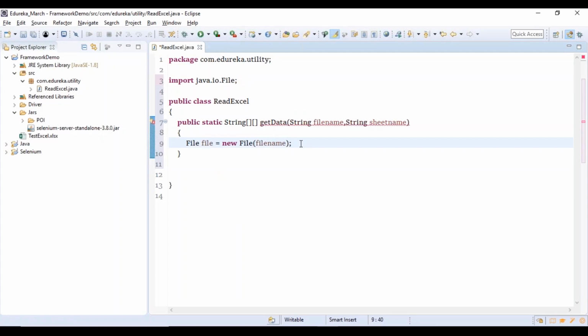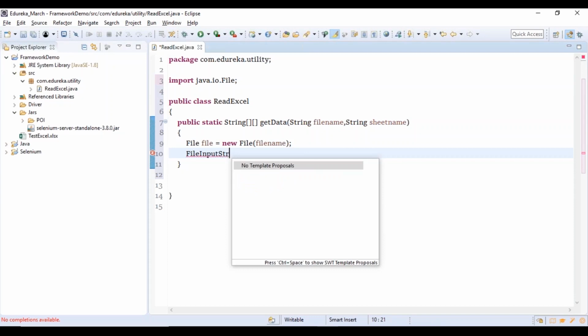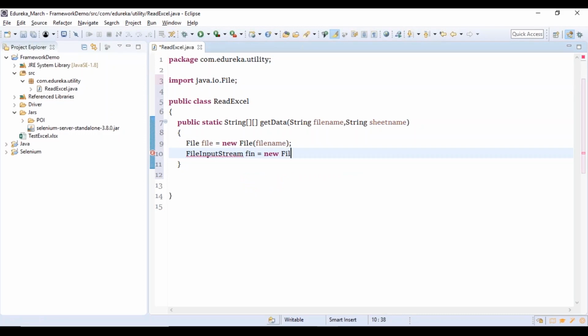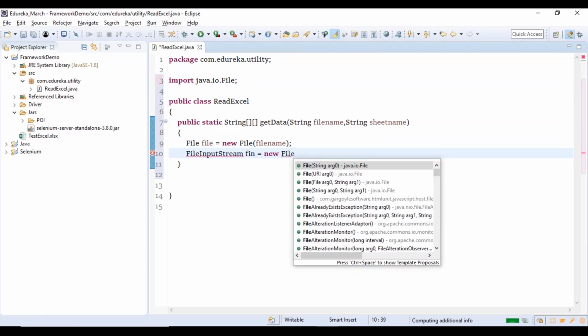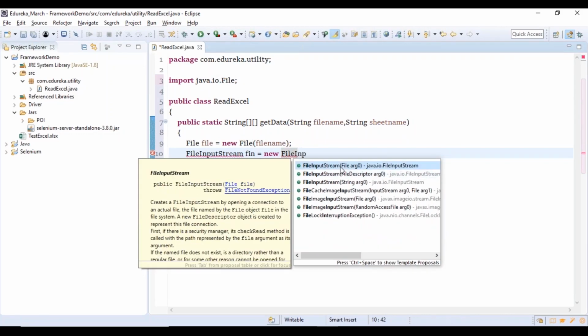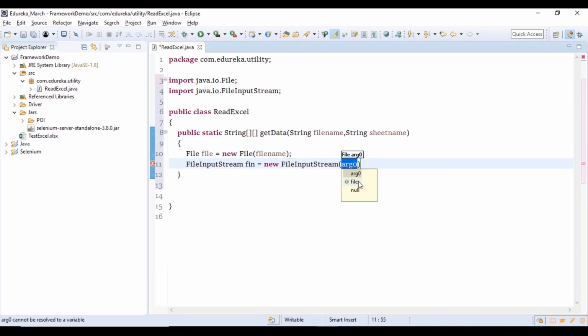Now we are going to create a FileInputStream object. Why do we use this FileInputStream? FileInputStream is an object which is used in order to read your data. FileInputStream fin is equal to new FileInputStream of whatever File object you have created here. So you're going to pass that file object as an argument.